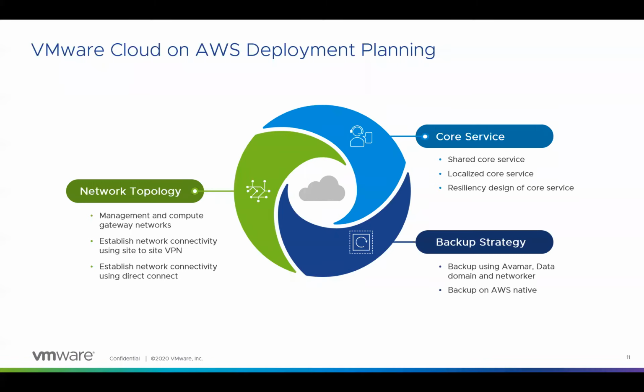And finally, talking about the backup strategy. As we discussed earlier, we wanted to ensure that we are able to recover in the event of a disaster. That's why we came up with a backup strategy, which allowed us to back up the infrastructure of the SDDC, because we didn't want to deploy the backup inside the same SDDC. If that SDDC goes down for whatever reason, we may not be able to recover. And we'll review the high-level topology of that in detail.